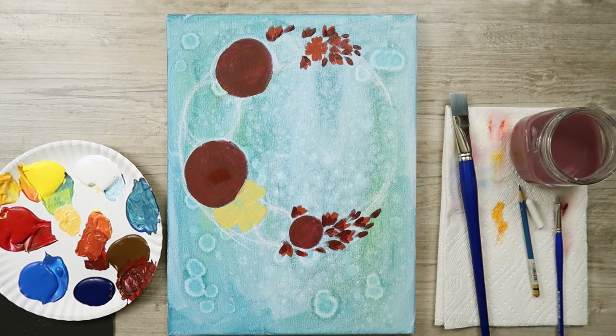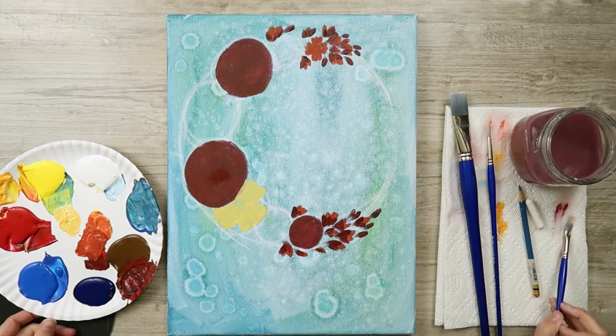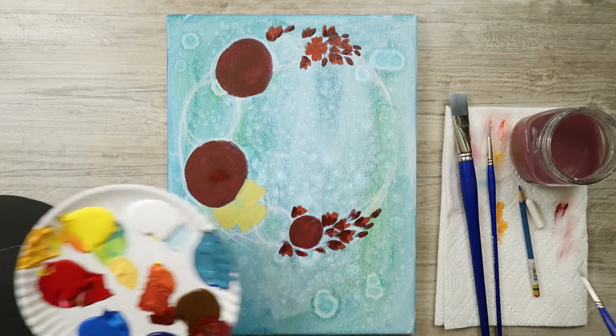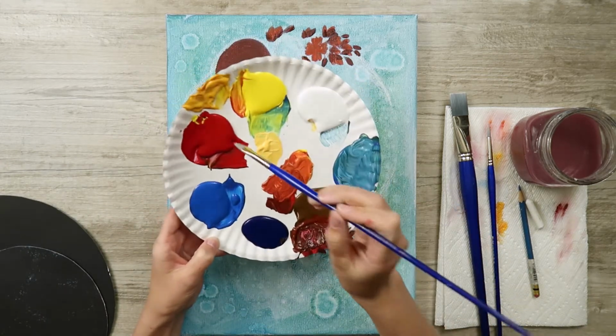And it's not too hard. And I usually just try not to think about it too much. They're little blob flowers, as I like to call them. All right, so now that we have our little blob flowers filled in, what I'm going to do is swap back to my medium brush. And I'm going to go ahead and